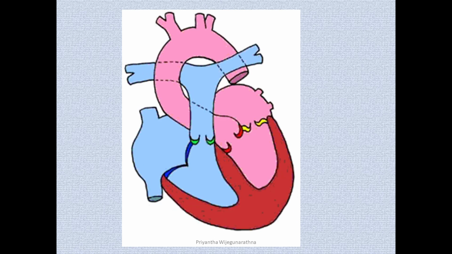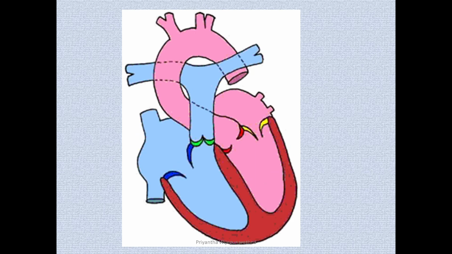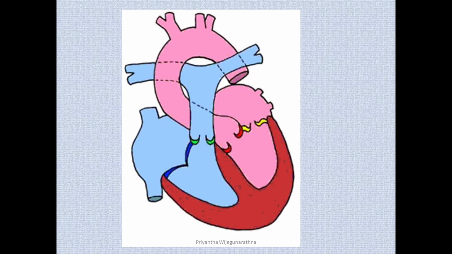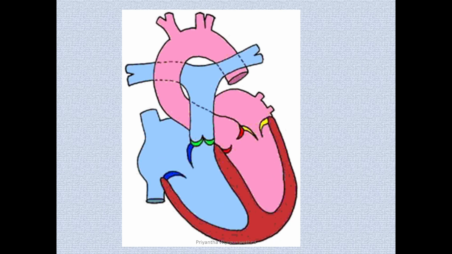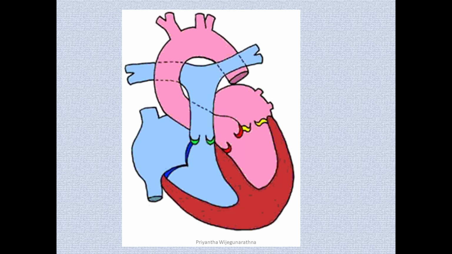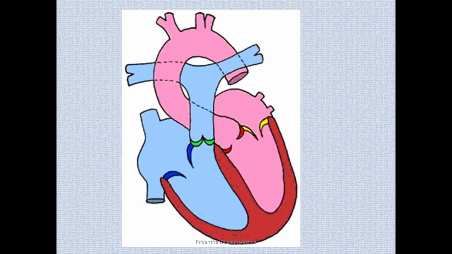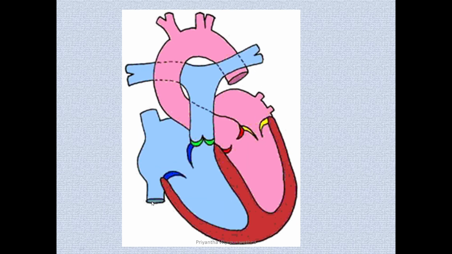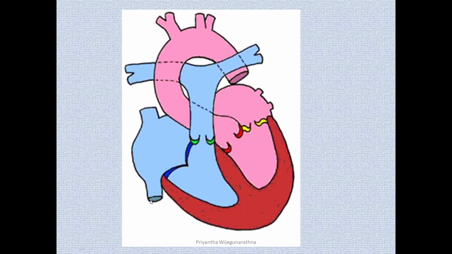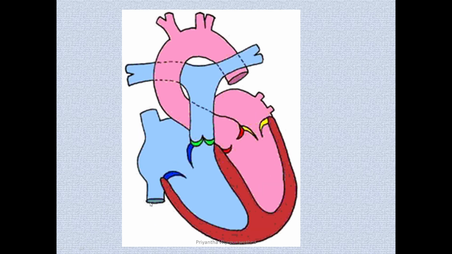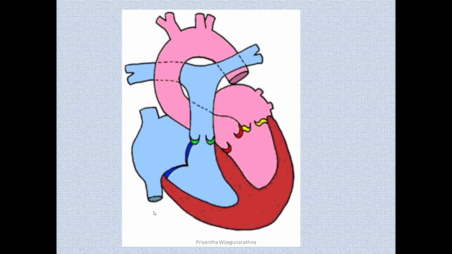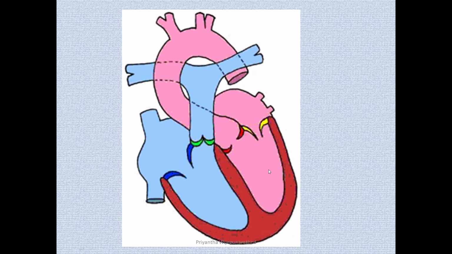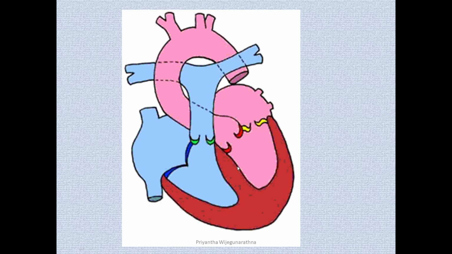It is very important to know that the blood vessels carrying blood towards the heart are known as veins, and the vessels that carry blood away from the heart are known as arteries. If I repeat it, vessels that carry blood towards the heart are known as veins, and the vessels that carry blood away from the heart are known as arteries. When you consider the heart,